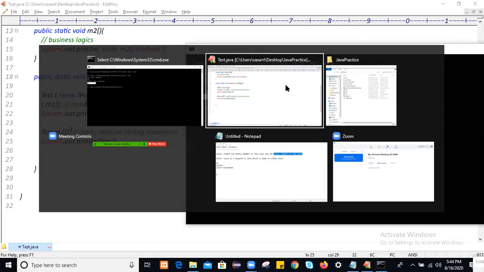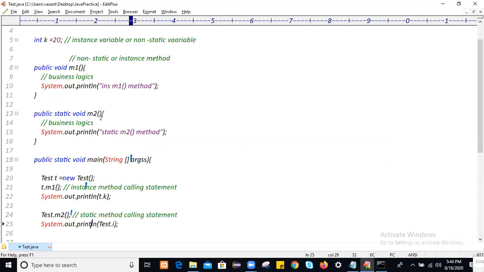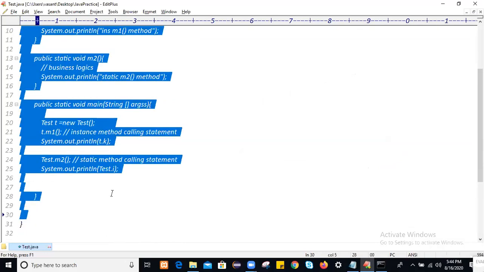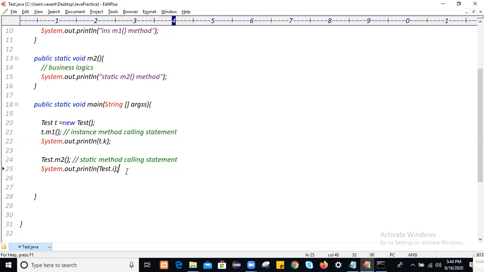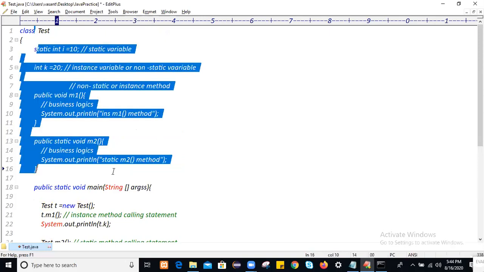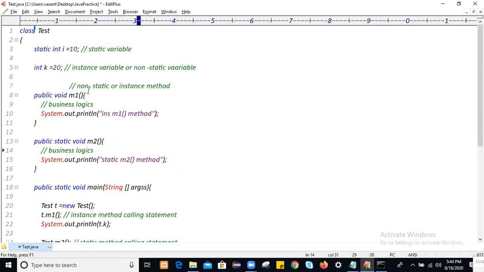So when you develop an application, like that we will use it. Here, within this class we are writing the logic of an application. How did we create the class here? We created the class by using the class keyword followed by the class name, and within this class we are writing the logic of an application. This class contains the logic of an application.